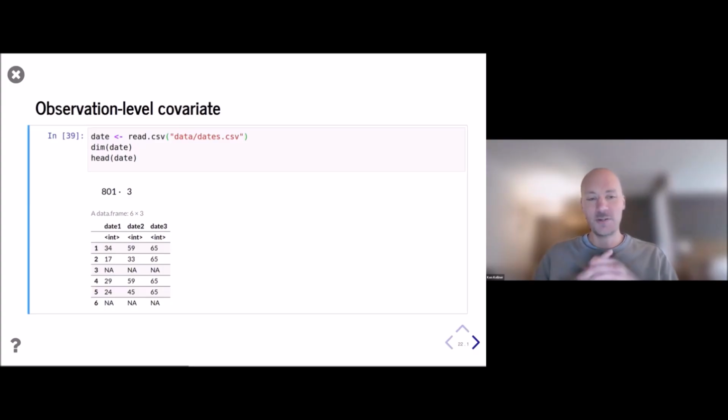And the dimensions of all your observation covariates should match exactly the dimensions of your detection, non-detection data, because each cell in this matrix corresponds to one cell in the detection, non-detection matrix. So for example, the first row, first column is 34, which is the ordinal date of the first detection, non-detection